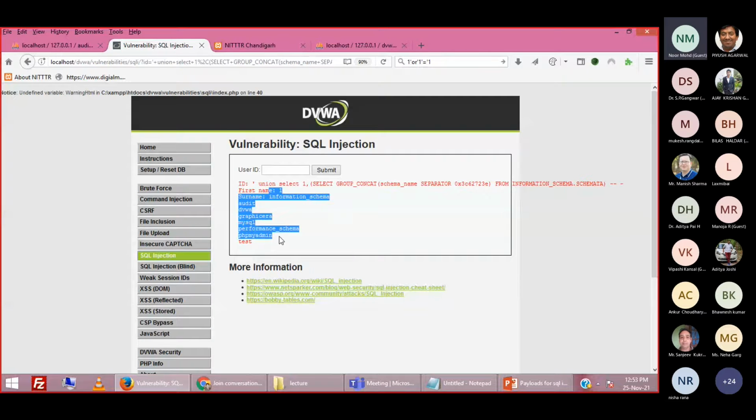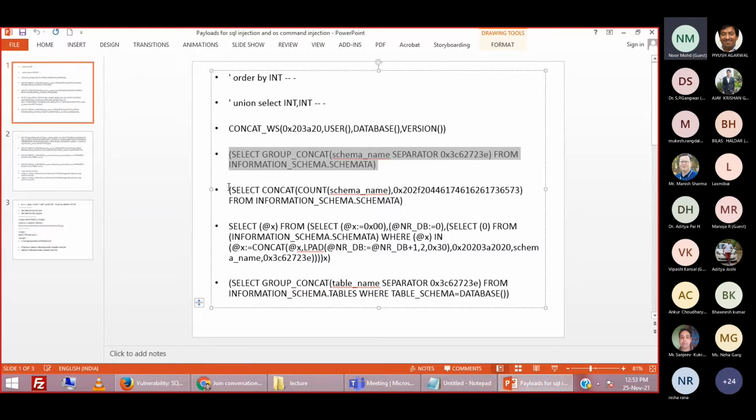So this is the power of SQL injection, right? We are doing SQL injection and retrieving the different databases. Now we are going to extract more and more information. We are narrowing down our search, and we have reached the database name. So now we are going to do some more penetration, right? We will be interested to know some more detail, so let us use a different payload.